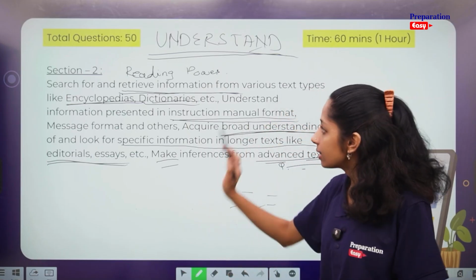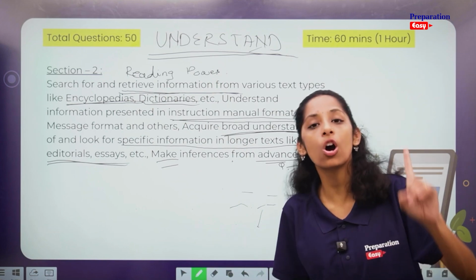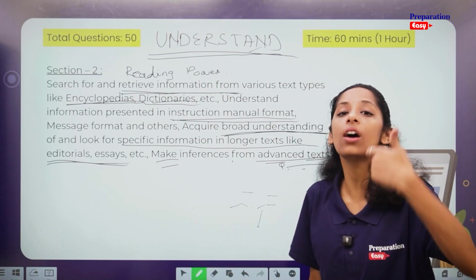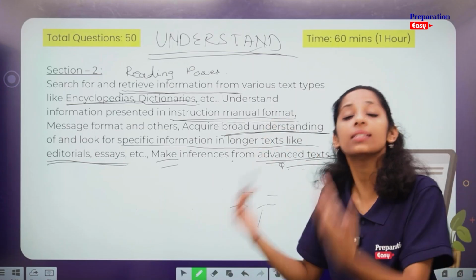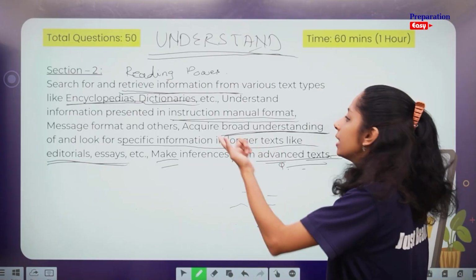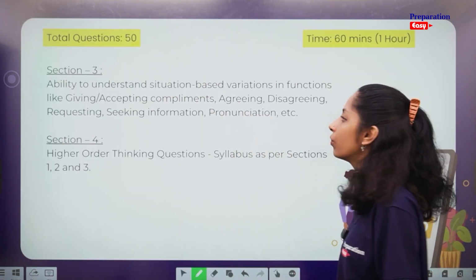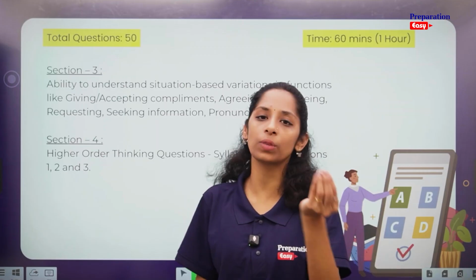Okay. So yes, section 2 is about reading power. Section 1 is about your word power, understanding the word. Here it is understanding the longer text, the messages. Okay. I hope you understood section 2, and now we are moving forward to section 3 and section 4, which is quite different from section 1 and